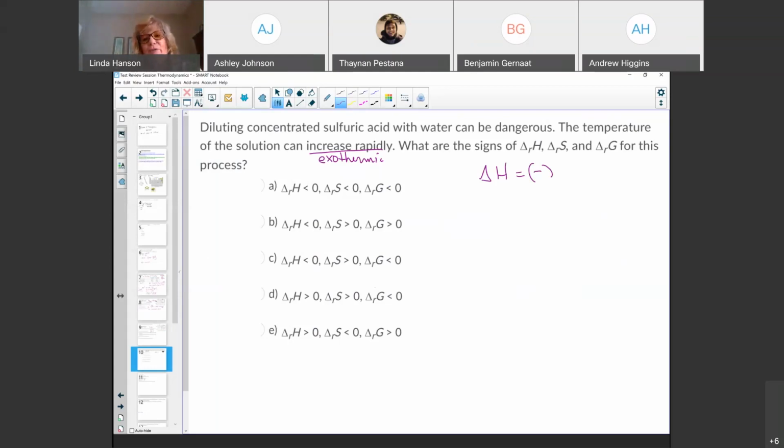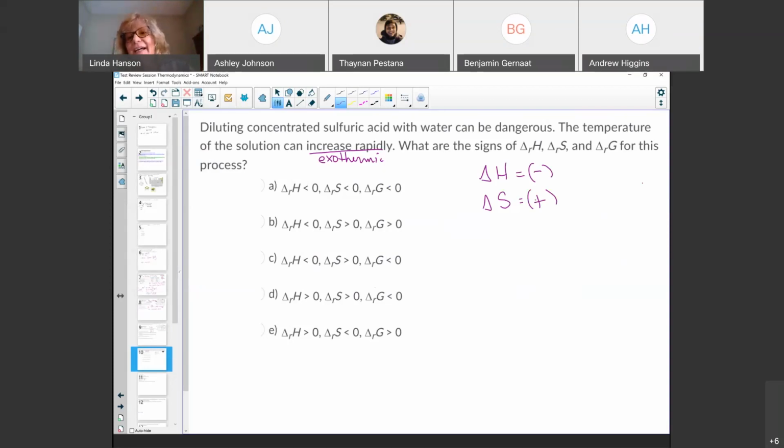Then what about entropy? If you're taking acid and diluting it, you stir to create this solution, is that becoming more organized or is it becoming more chaotic? What's the sign on delta S? You're right, Michael. Oh, beautiful. Thank you, both of you. I agree that it's becoming more chaotic.